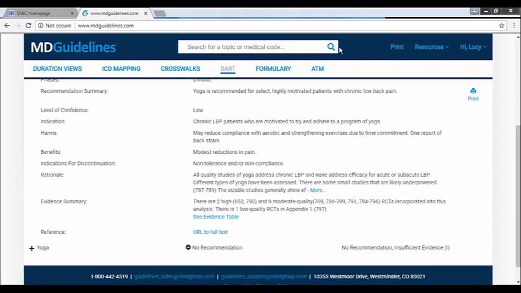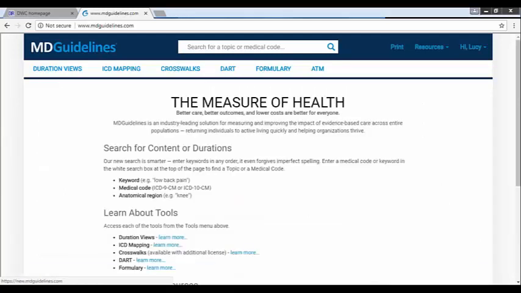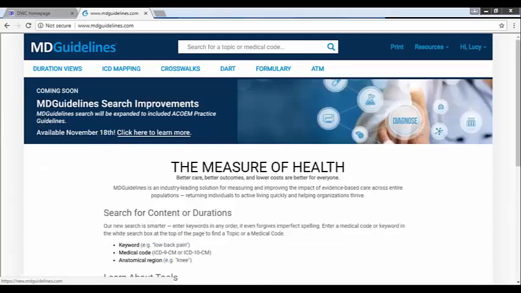We are getting connected right now to the MD Guidelines website, and I am going to get us back to the home page very quickly. For those of you that I haven't worked with or met at the various conferences, my name is Lucy. I'm the Director of Editorial Research and Development for Reed Group, and in this role, I'm responsible for the content that we'll be looking at today. My team specifically works on how to deliver that content through the site and in the tools that we'll be looking at in more detail.